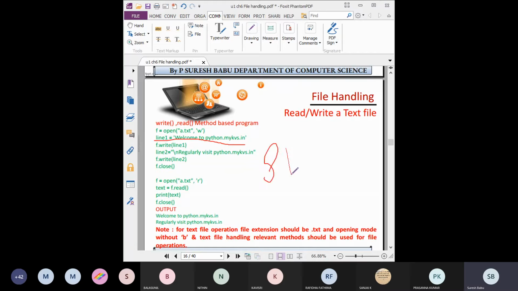Everyone knows what a string is: a sequence of characters enclosed by single or double quotation marks. Inside that it will be accepted. You can enter alphabets, numbers, special characters, white spaces, and all other unicode characters in the text file. So this is how we can write to the file, using the f dot write function. By using write you can write the entire data.